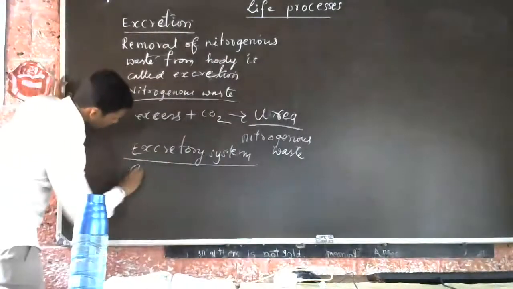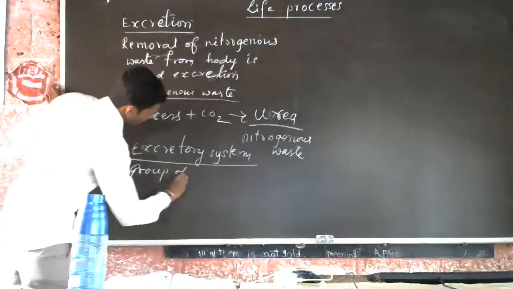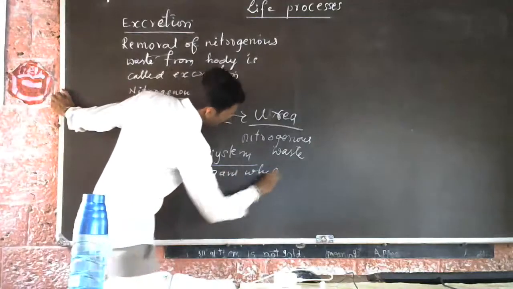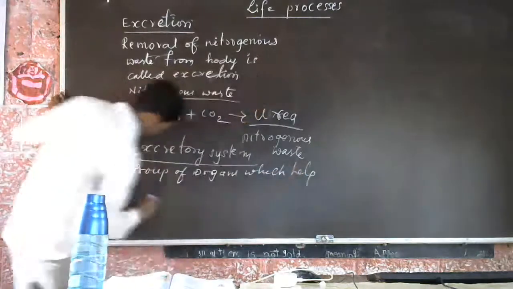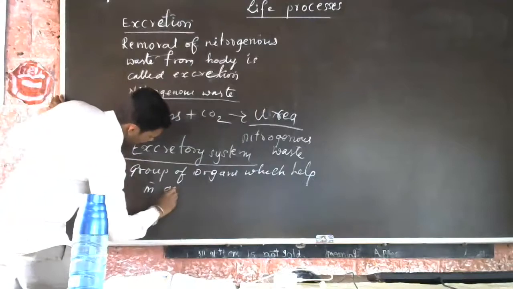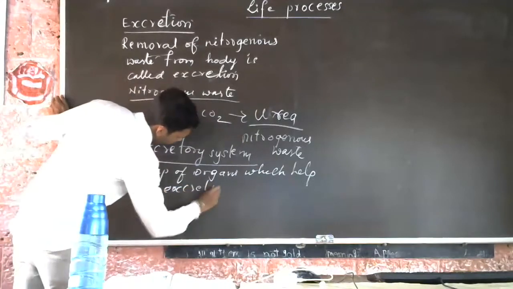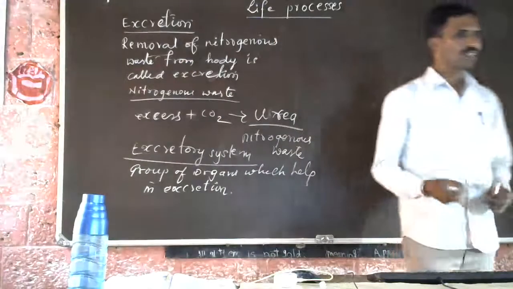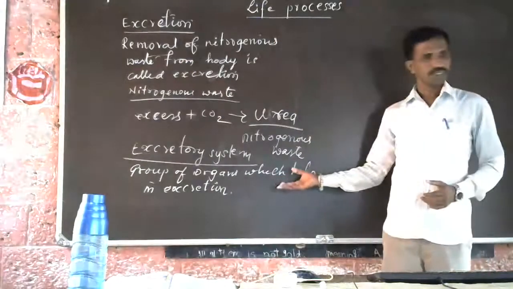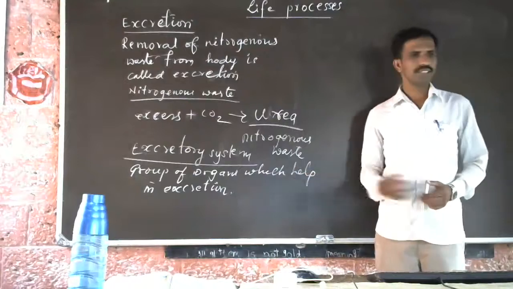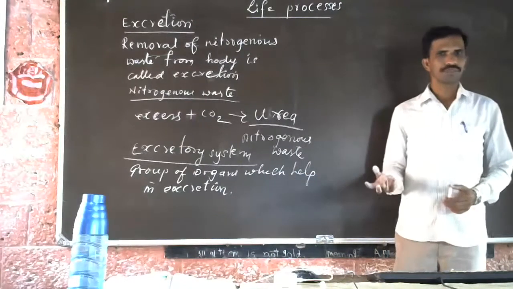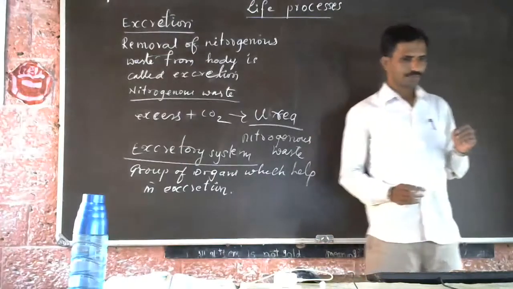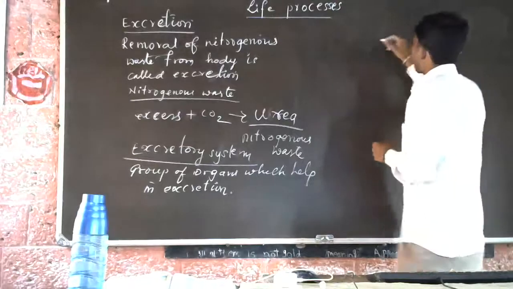Excretory system means what? It is a group of organs which help in excretion. So the excretory system is a group of organs which helps in excretion. So the excretory system consists of...